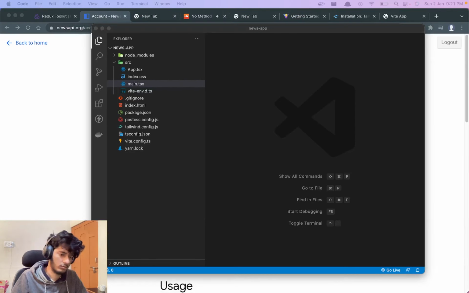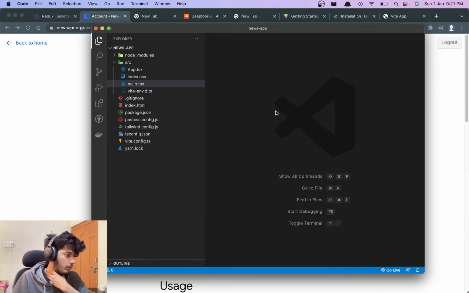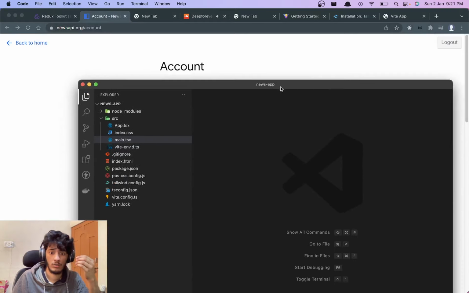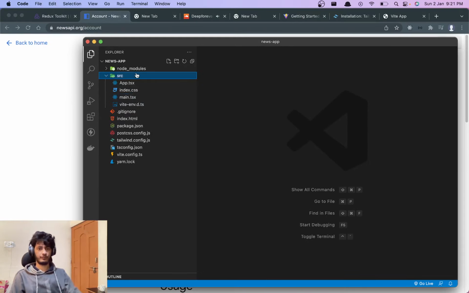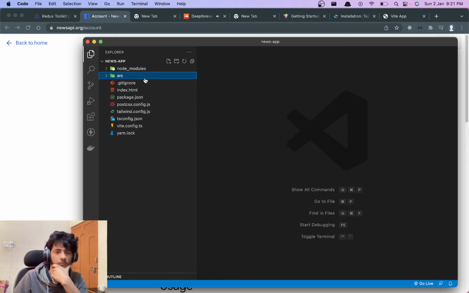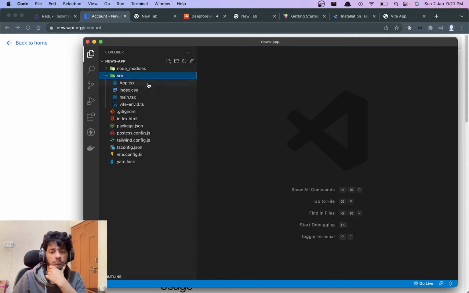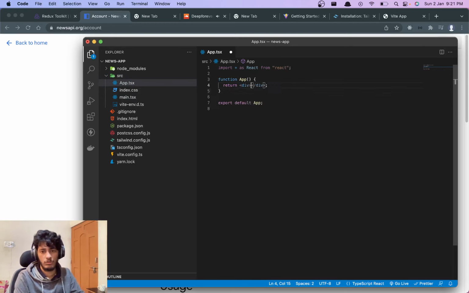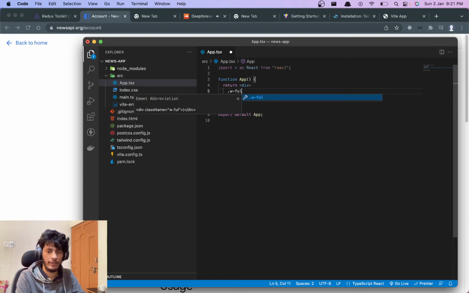Okay, guys, let's continue. The next thing we'll be doing is let's start building bit by bit. So we can just call it a div with width full, right?